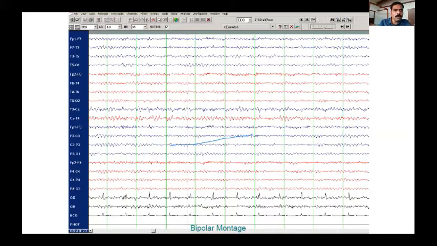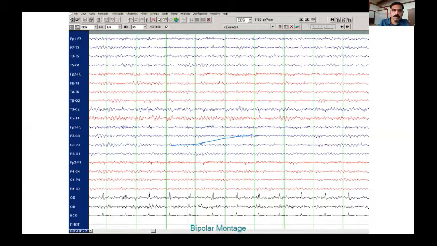For the low frequency filter, the gist is whatever number you set, the EEG will not amplify any frequency below that number. For example, if you set a low filter at 1 Hertz, the EEG will not amplify any waves below 1 Hertz. Usually we set the filter at 1 Hertz. It's very important. Then we have the high frequency filter. It is just the opposite of the low frequency filter. Here the EEG will not display any frequencies above this designated number. By convention, I use the high frequency filter at 70 Hertz. So this is very important: low frequency of 1 Hertz and high frequency of 70 Hertz.